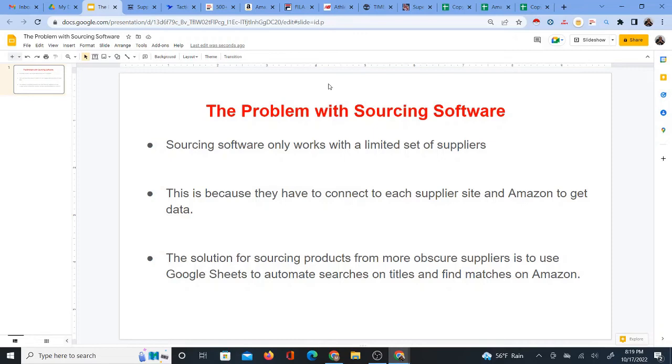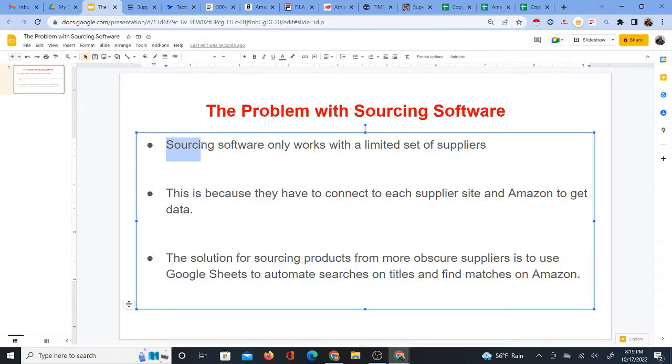So I'm going to talk about the problem with sourcing software. And first of all, I want to say that I'm not saying that sourcing software isn't good. I think sourcing software is great. I've used it personally, and I think it's great. However, I'd like to point out a certain limitation, which is that sourcing software only works with a limited set